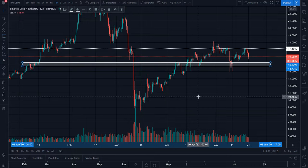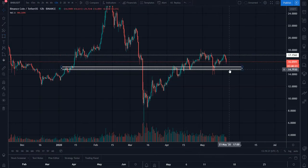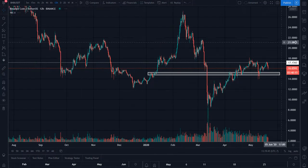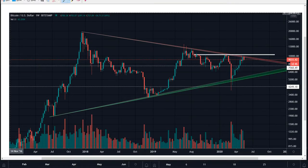So my personal view, I think we are just in a consolidation phase, and if we start to see a break of the $15 zone as a support, that would be a potential level where we are looking to short the market. Kind of something like we saw right here. Let's just zoom out a little bit more. BNB kind of has these